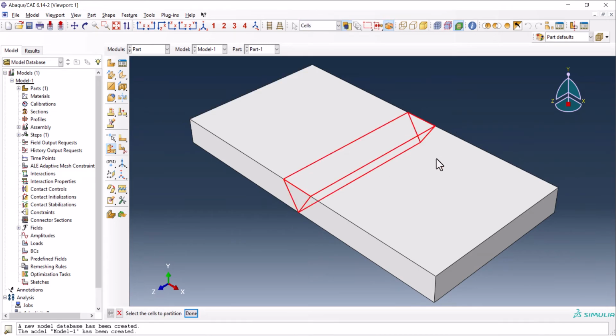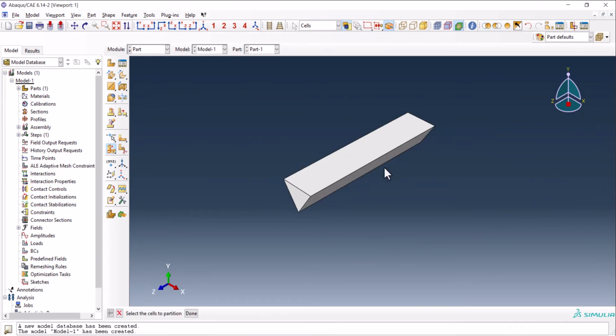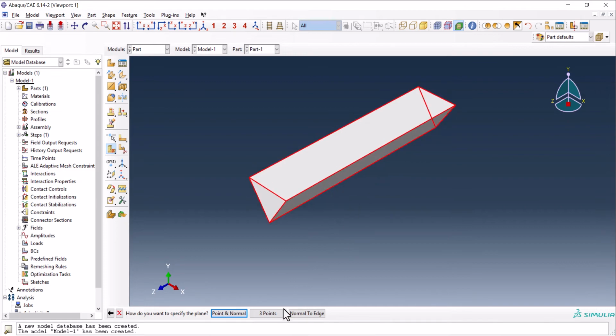So we have this weld line, but we want to select these two parts and make them disappear for now. So by holding shift we select these two, and here we remove selected, so we have only this part. And by left click on this one and choosing define cutting plane, we can use the 3-point and create a couple of more partitions